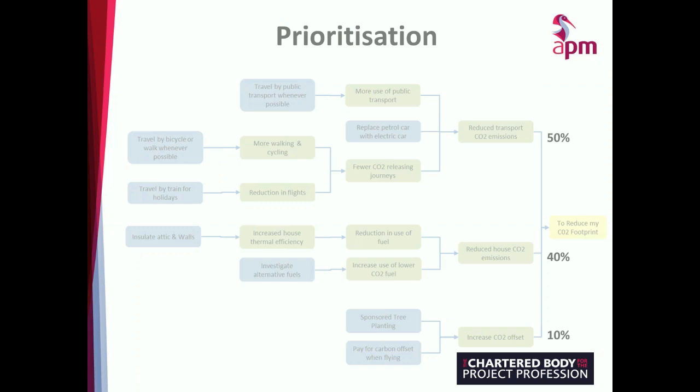But what you do is, working from right, you continue to add those percentage weightings all the way through to the left-hand side, and you make a judgment. And you can see there, when you're doing this, it's not about being 21% or 21.5%. It's 80-20, 50-50, 60-40. It's at that level. You don't want to try and make it too much of a science, otherwise you'll be there forever. And the first step in this process is to identify those weightings all the way through to the left. And clearly, if there's only one link, as there are in some of the examples here, then it's 100%. Once you've got that